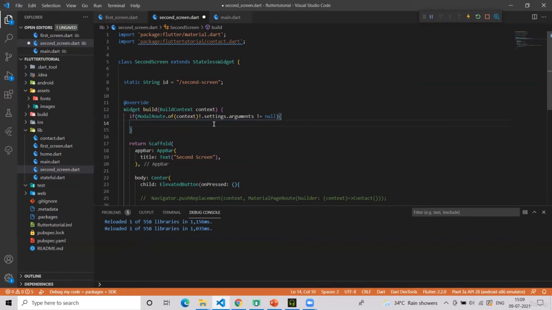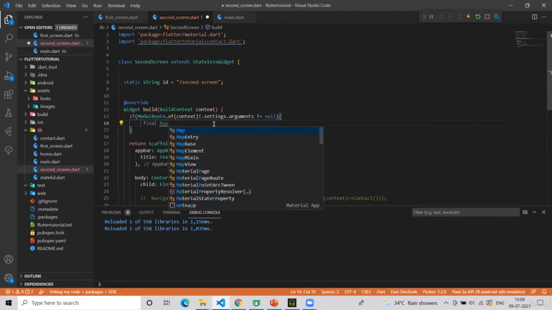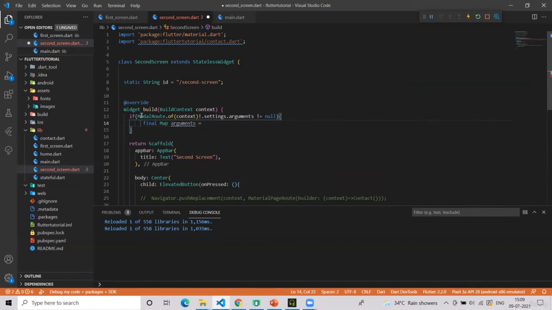So here first of all we are checking if it's not null, then I will just accept and store it in a variable. Same thing, just copy and paste, and just write as Map.